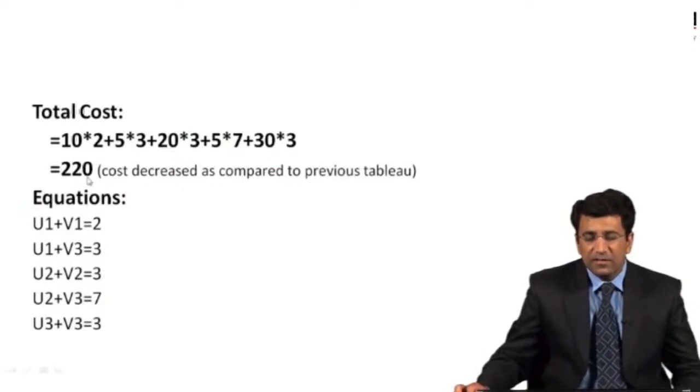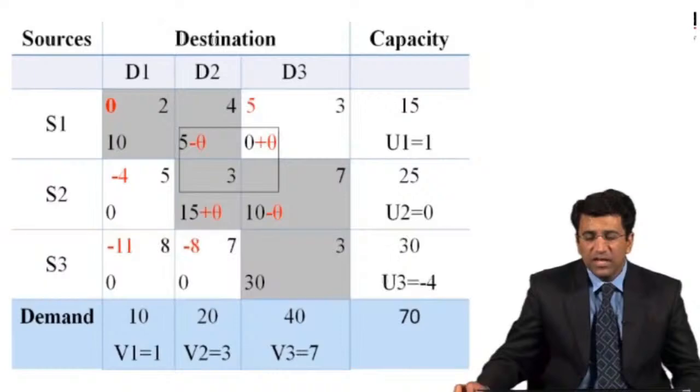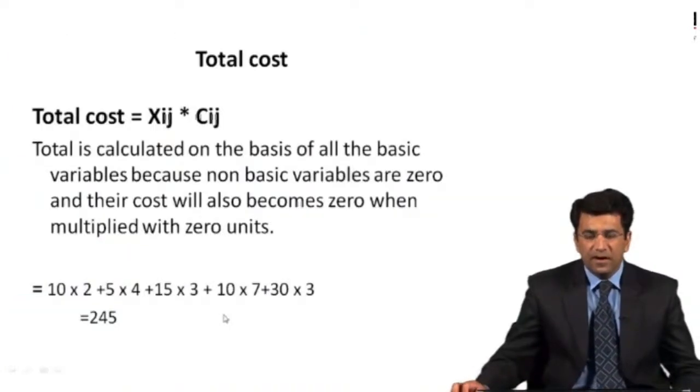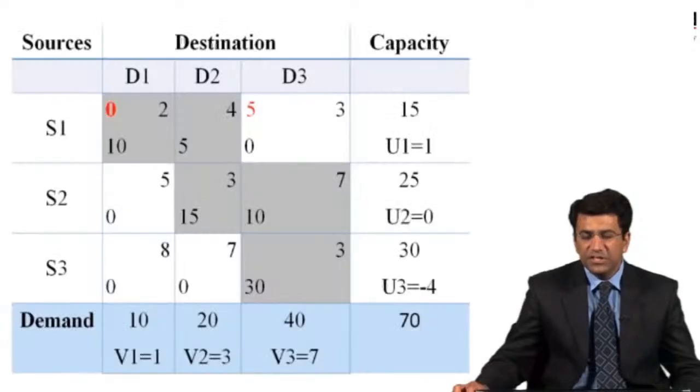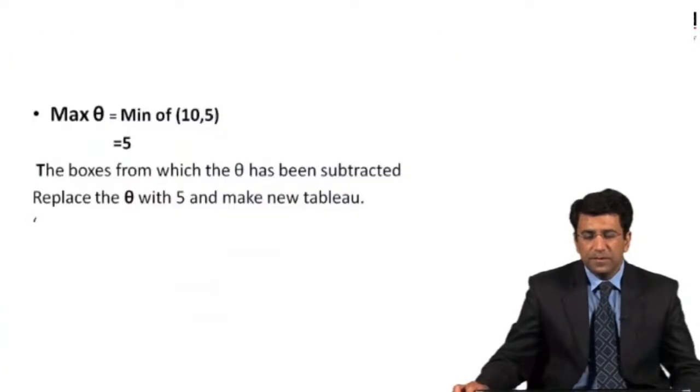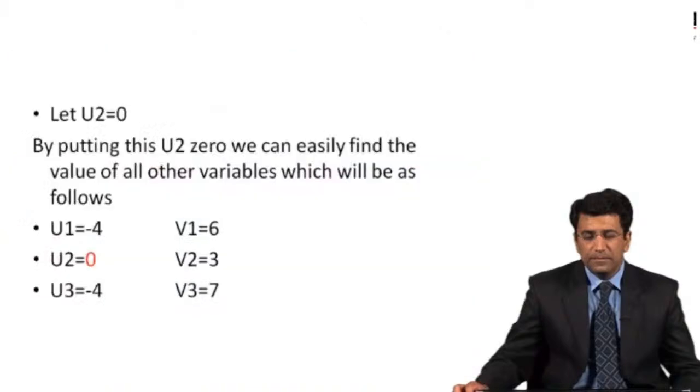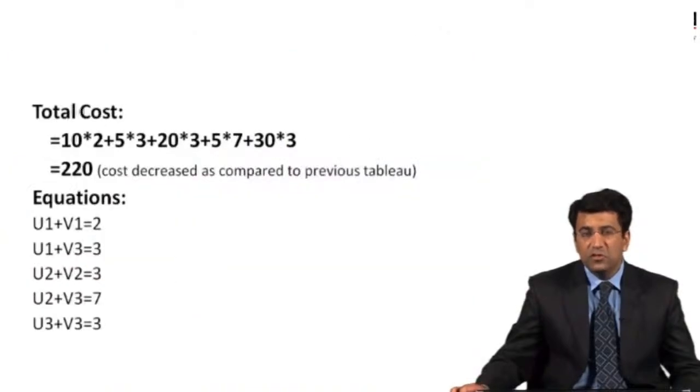So you can see, class, in this particular case the cost has been decreased. Previously our initial cost was 245, but now it has been decreased up to 220. So the cost has been decreased. Now again, what we will have to do, we'll have to again find out the shadow cost, and again